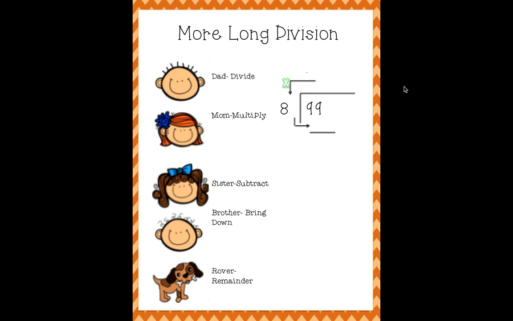So we see that 9 is greater than 8, so we know that it can be divided by 8. So 9 divided by 8, I want to get as close as I can without going over. I know that 8 can go into 9 one time. I want to then multiply. 1 times 8 equals 8. My next step is subtract. 9 minus 8 equals 1. Now, there is another number that I could bring down, so I'm going to bring down that 9,